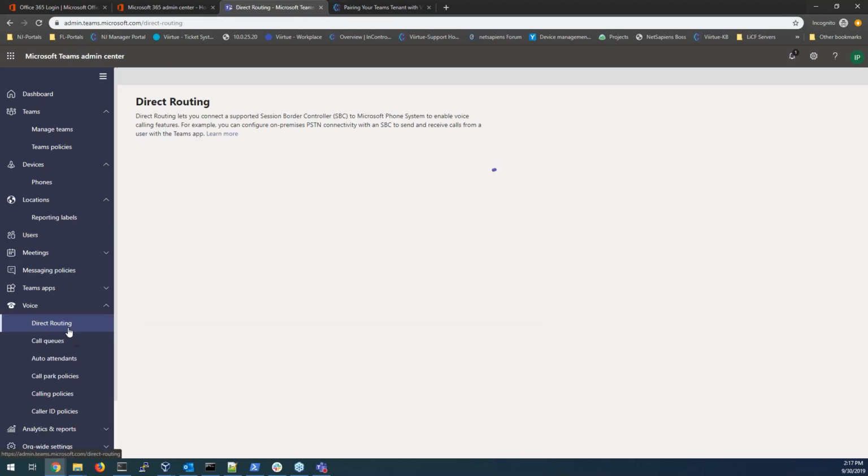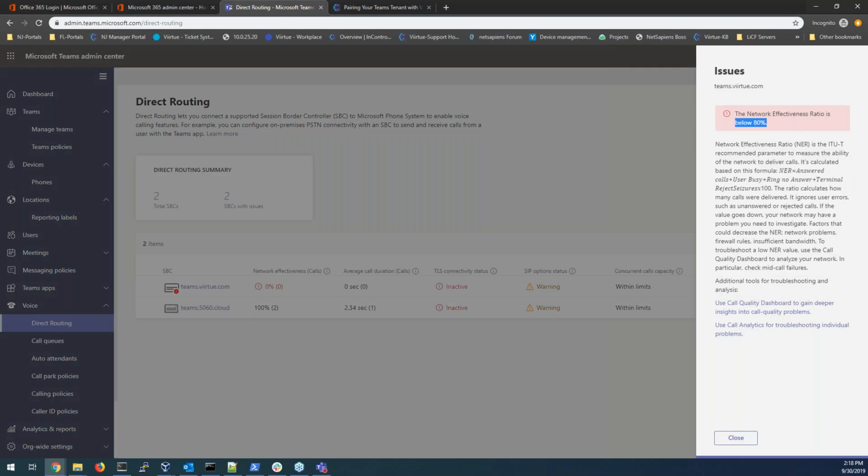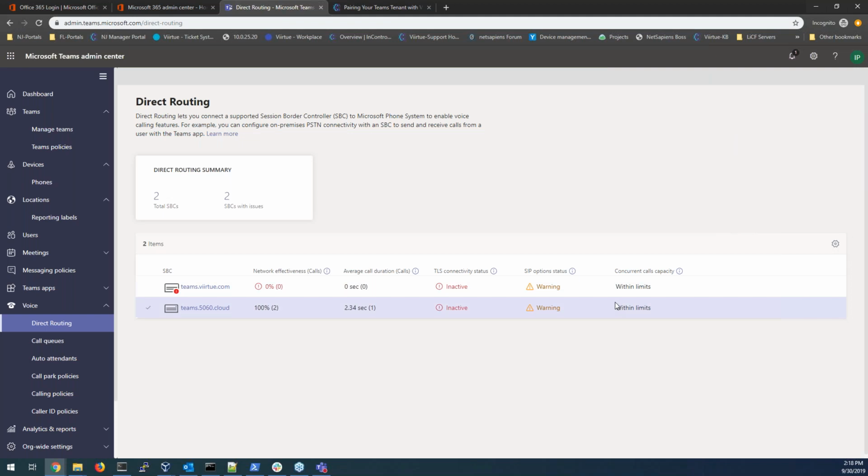Also, things you want to look at is this direct routing. This will show you the connection to the SBC and if it's up and if it's working. You'll see here, this is the one that's connected to. We've had 2 calls, 100%. This inactive here and SIP options, these can be ignored. I've worked with Microsoft on both of them, and they say that they're essentially false negatives. And then this will go down as well. So say 0 if you don't have calls coming in, and it's just because it goes below the 80% ratio that they're looking for. So it doesn't always mean that there is an issue.